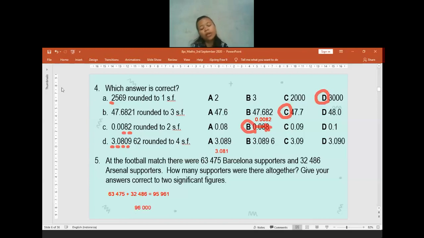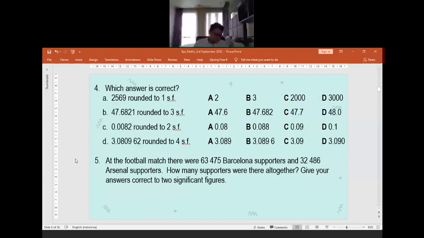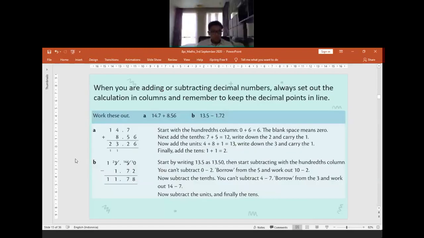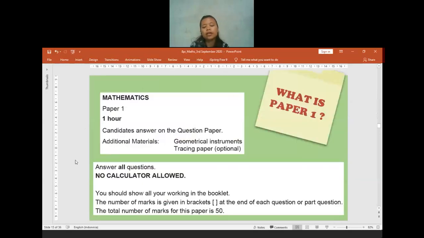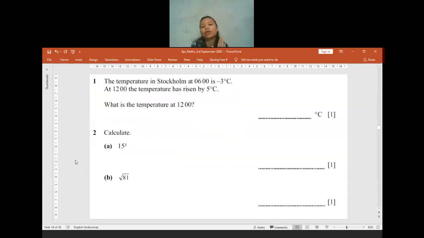I don't think there will be enough time if I continue to another subchapter. Okay, I will not give you so much homework. This is just optional. If possible, please kindly try to do it with the slide. This is the slide that I want you to try to do. If you are not able to, do not just use the calculator. Please show all the calculation later at the checkpoint. It will be better if you show all the steps on paper, so later you can check the answers and also the marks by yourself.